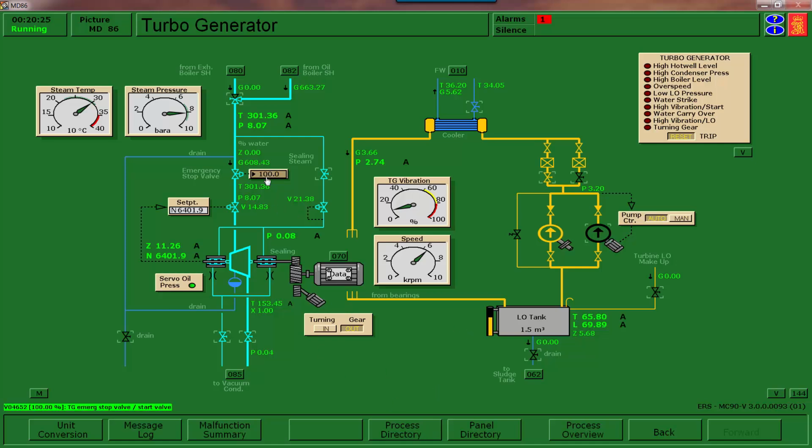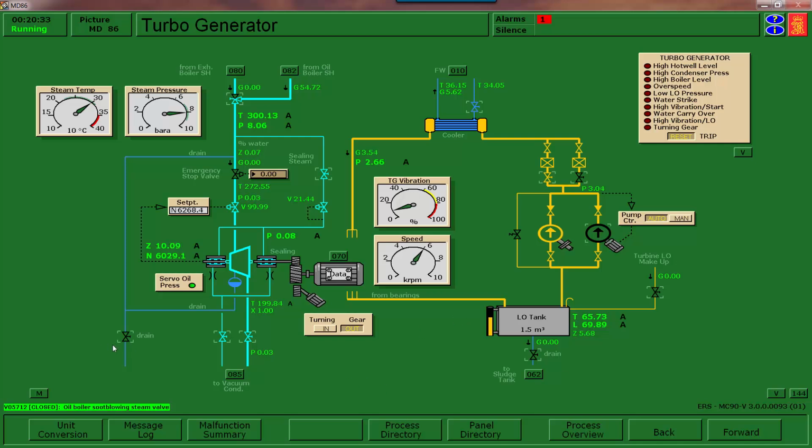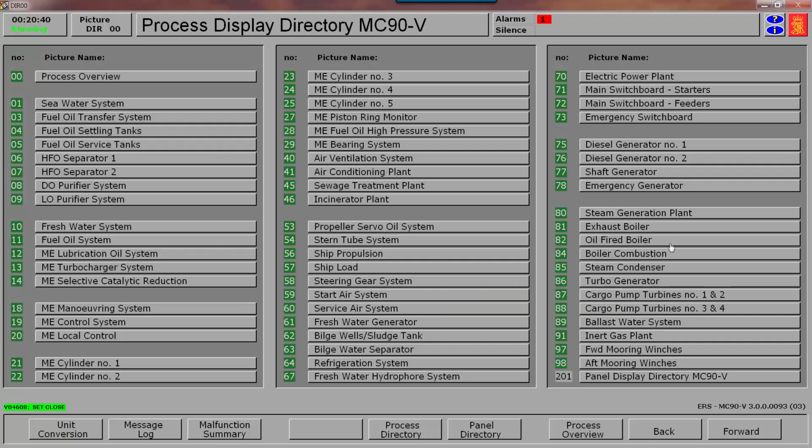What we're going to do is we are going to shut down the steam to the steam turbine. We are going to shut the superheated steam stop at the oil-fired boiler. We are going to open the drain and shift over to the exhaust gas boiler. Okay. Now, while that's happening, we are going to go over to the